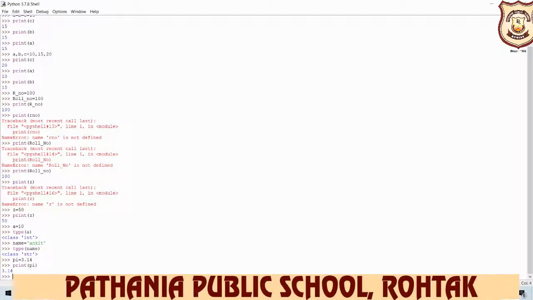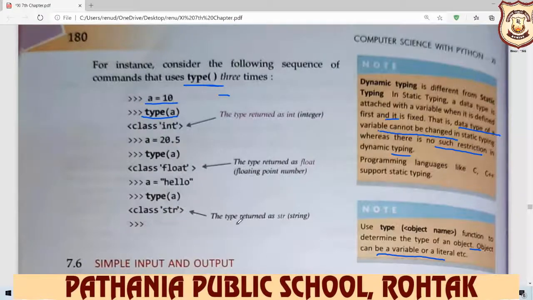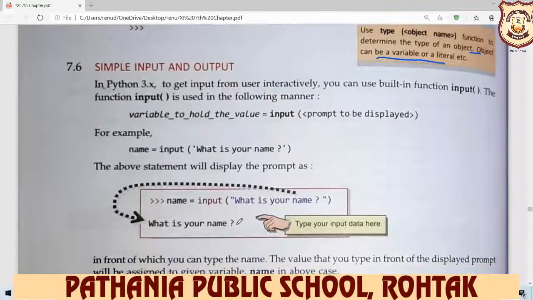But 3.14 is which type of value? An integer literal, a floating literal, or a string literal? So you write type to display the type of the value, and here you write the name of the variable pi, so it displays float. So integer, string, float, these are the data types. We will learn and discuss all of these, integer, floating and string, in the next chapter, chapter number 8.